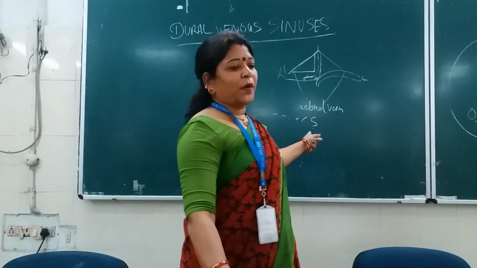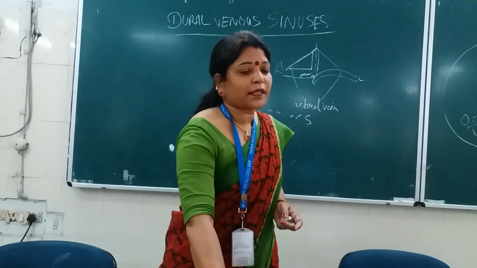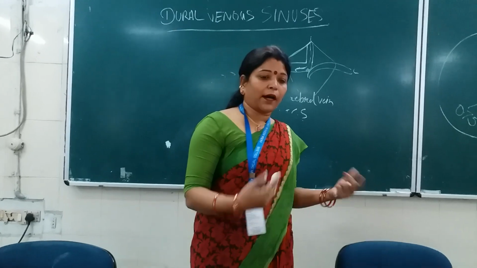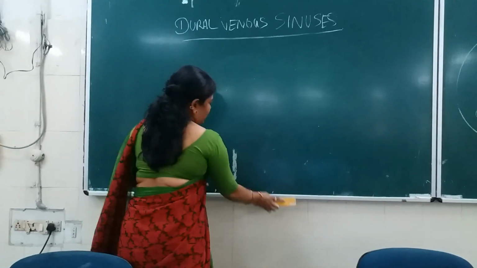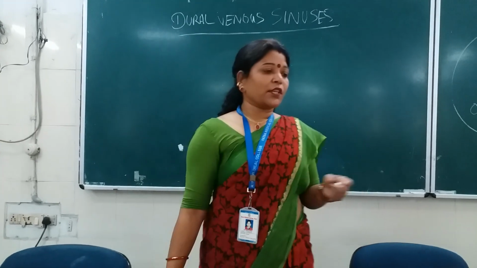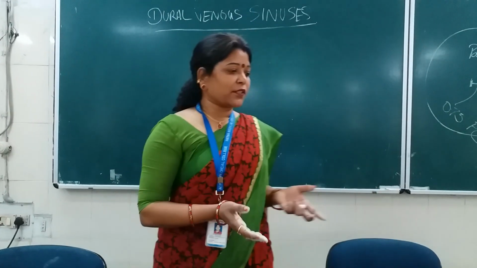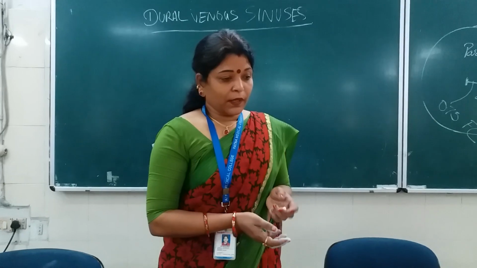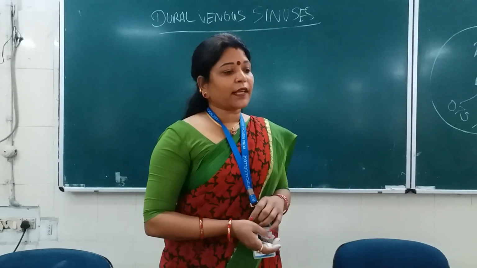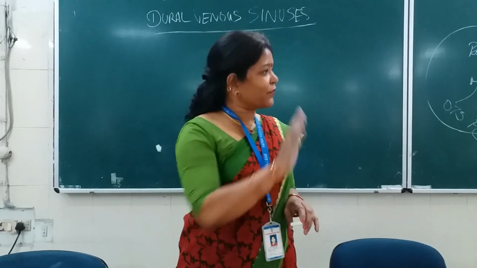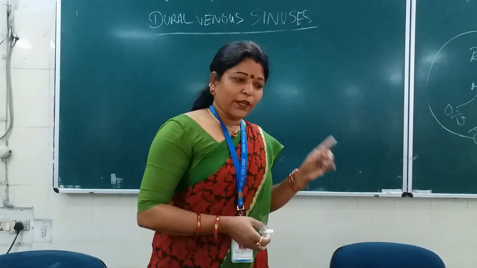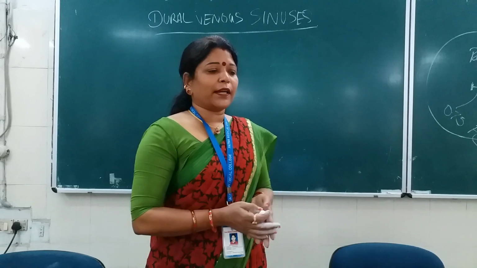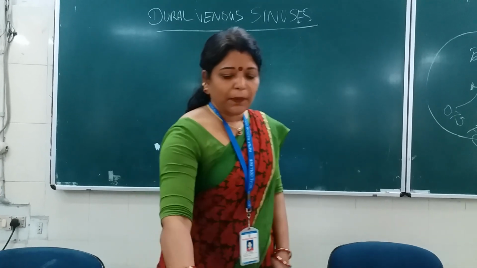So this was the nomenclature of the dural venous sinuses, which is present in pairs, some are unpaired. Now what is the characteristic feature of these dural venous sinuses which makes it typical of the cranial cavity? Endothelial lining. Yes, of course, anywhere the blood is lined by endothelium to prevent blood clotting.